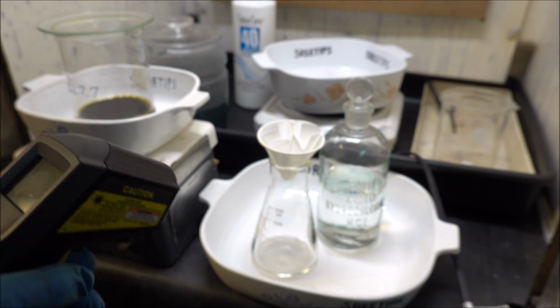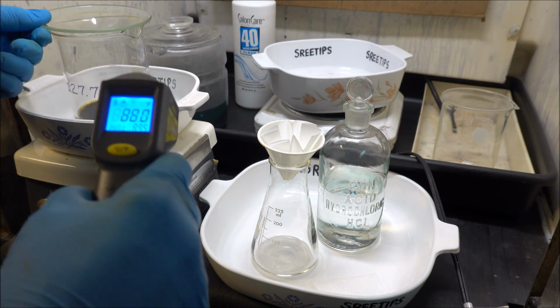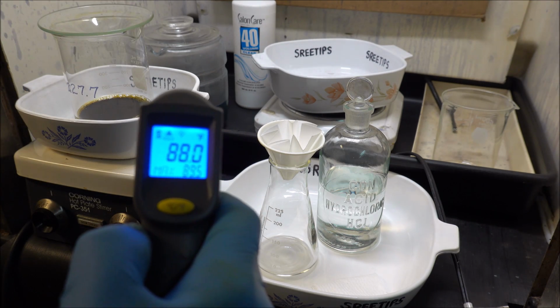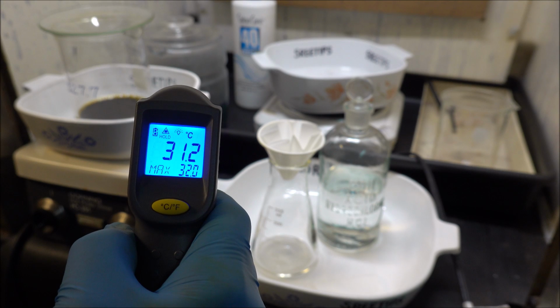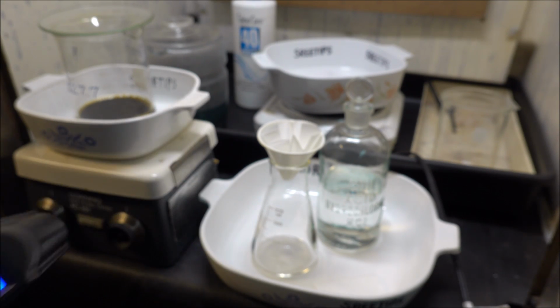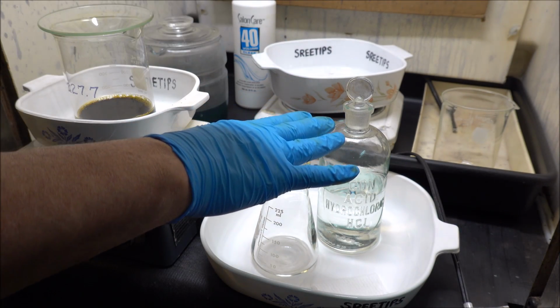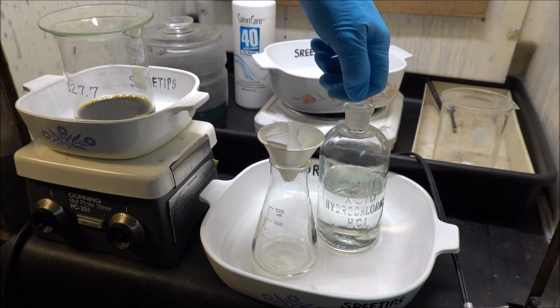Let's get a temperature reading here. I've allowed it to cool for half an hour or so. I've got 88 Fahrenheit, 31.2 Celsius. Now what I'm going to do is I've got a filter set up here, and I'm going to